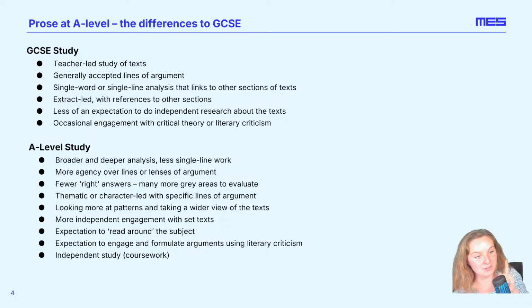Is Macbeth on the A-level? It is not, but I'm speaking about the approach with something that LP might have studied at